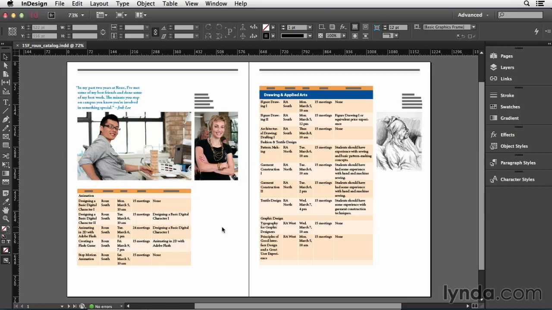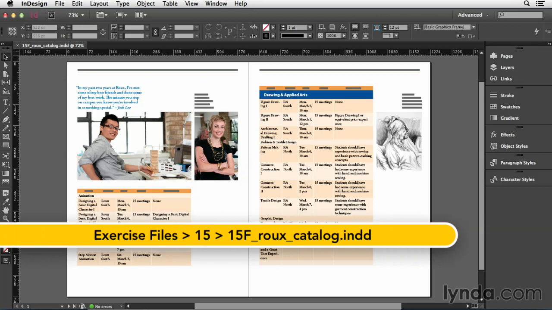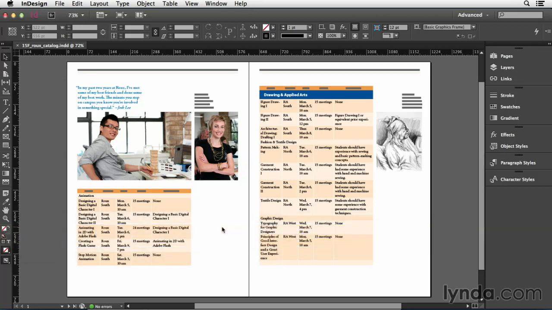So now we've learned how to format tables in some detail, but if you had a lot of tables to format, it would be really tedious to go through this process for each and every one of them. Fortunately, InDesign has a feature called Table Styles and Cell Styles, and these let you apply lots of table formatting with a single click. I'll select this text frame inside my 15F roux catalog file from the exercise files folder,